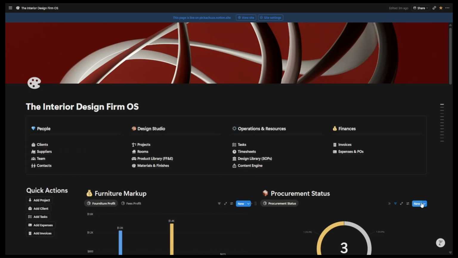This video is a walkthrough for the interior design firm OS, a Notion template made for the general workflow of